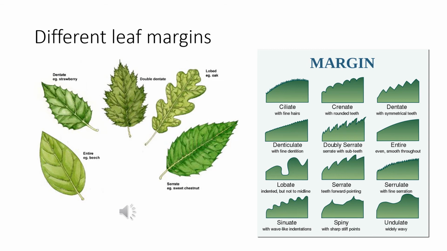Then there are double serrate or double dentate structures. There are wavy structures, there are lobed structures, and some of the leaves have an entire structure of which the leaf margin is not at all divided. So the leaf margins also show great variations.